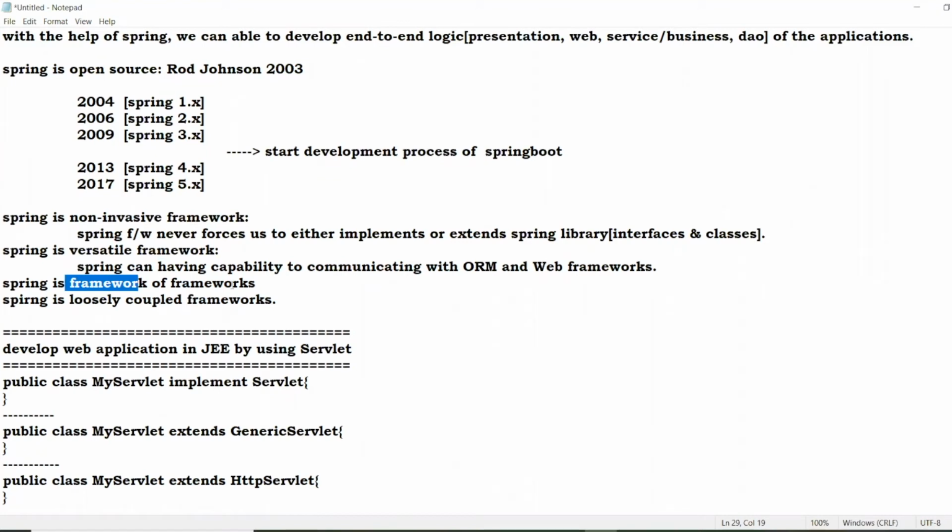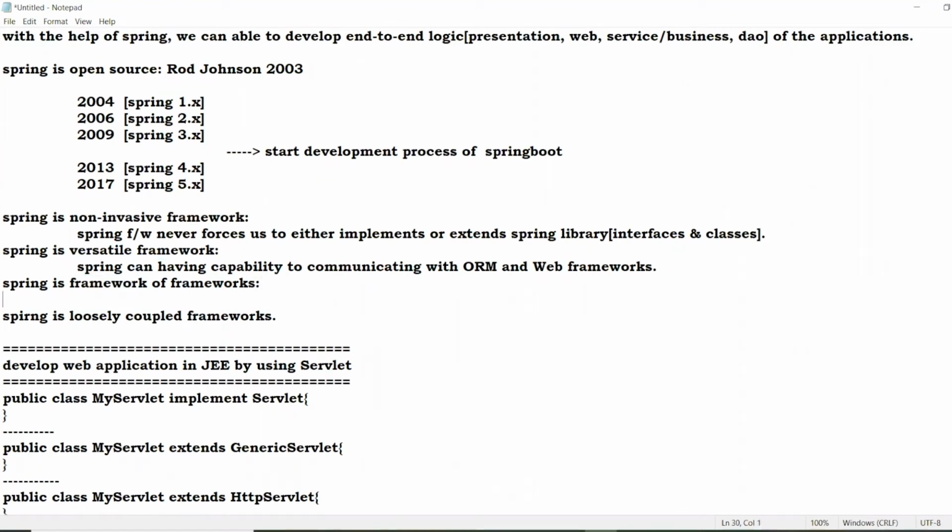Spring is the framework of frameworks. Hibernate can do only one thing: developing the DAO layer. For web applications, you can simply say Spring is equal to web frameworks plus ORM frameworks.